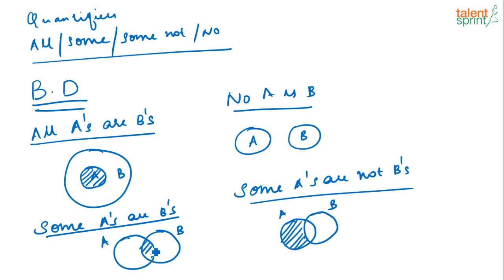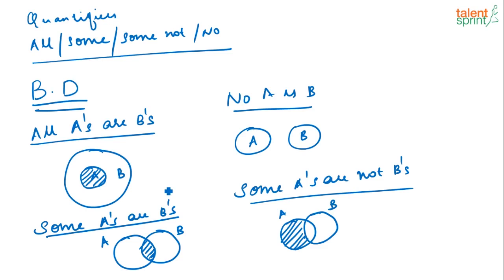Similarly, some A's are B's means this is the region that we are referring to. No A is B means there is no overlapping at all. Similarly, all A's are B's, you represent it like this. So whenever a question comes, with the given statements, try to represent the Venn diagram, and always try to represent using the basic diagram first. Try to represent the given statements using the basic diagram and see if the conclusions given follow the basic diagram